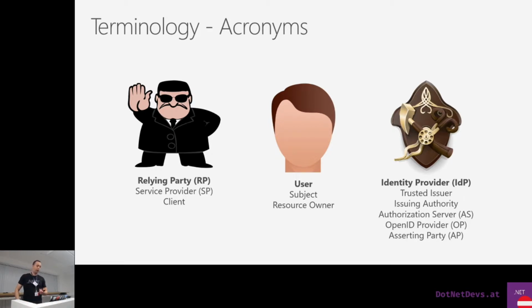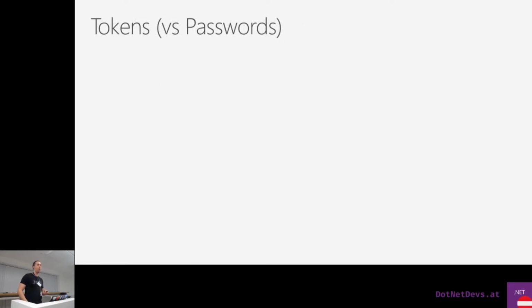I think the most used is probably the issuing authority, but also authorization server would be widely used. So watch out for these acronyms. I've mentioned tokens before, so just a quick comparison of what kind of things we have to perform authorization and